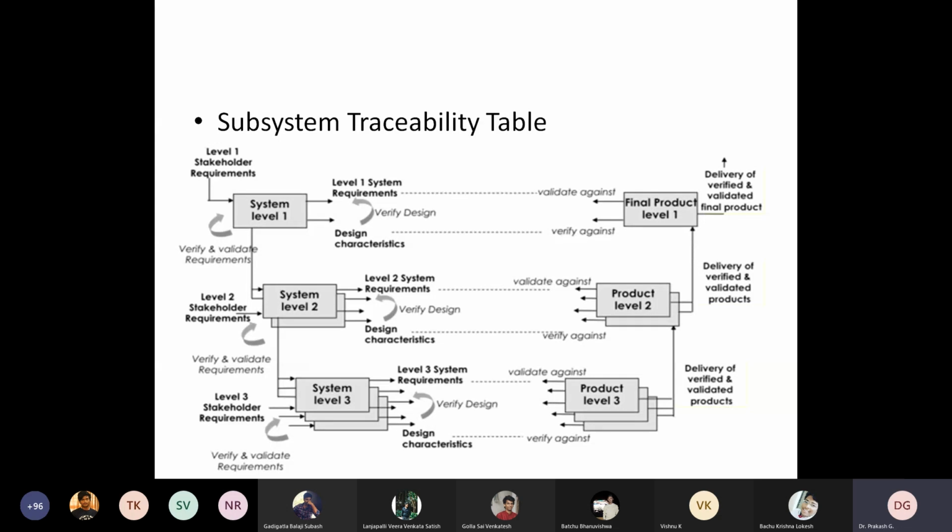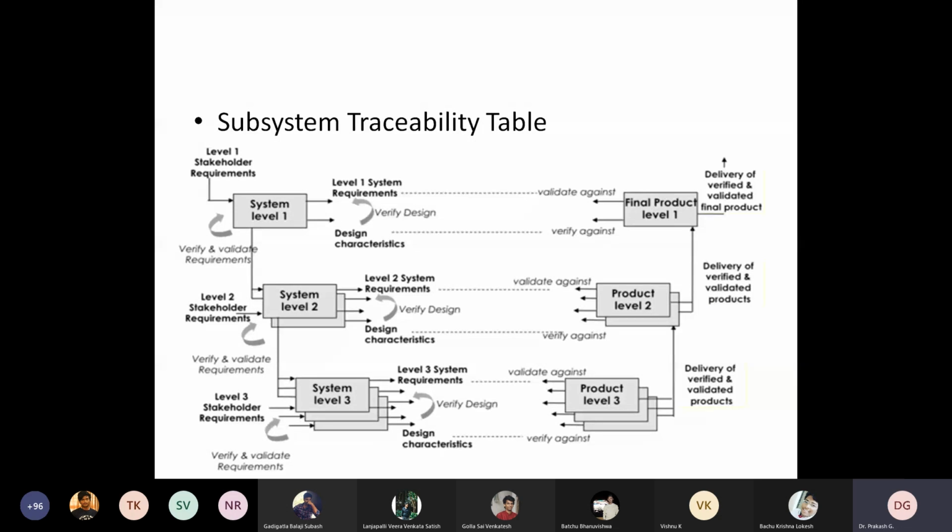If the stakeholder requirement and system requirements are checked, verified and validated, then the product is delivered. Otherwise, it has to be refined again. So this is what we are doing, the tracing. You are tracing your particular final product with respect to the system requirements as well as the stakeholder requirements. So this we have to do.